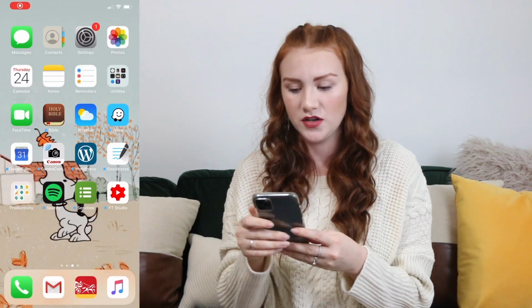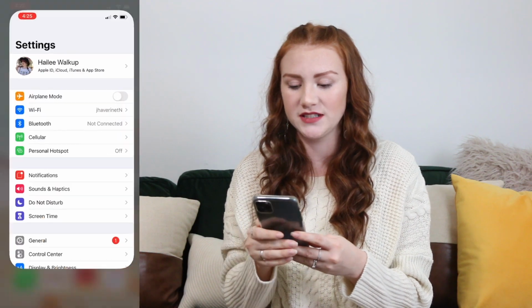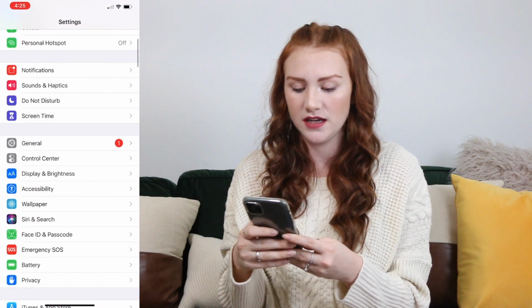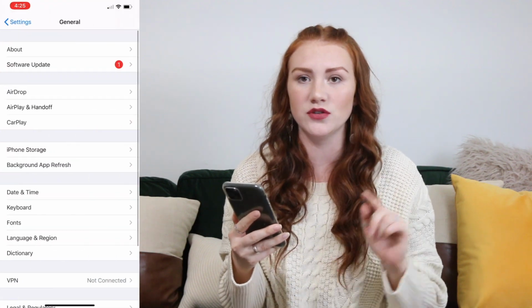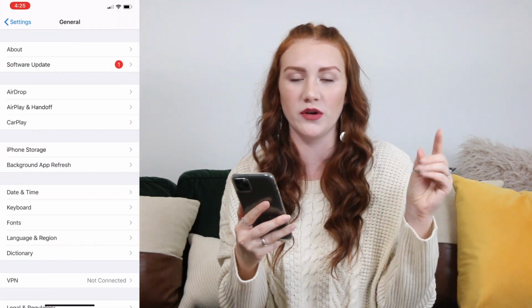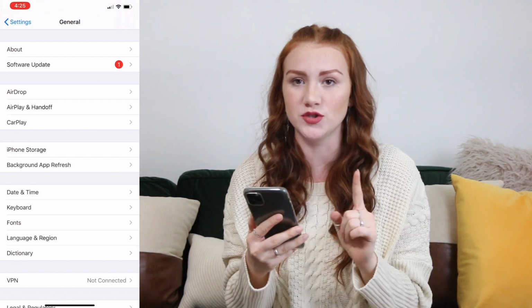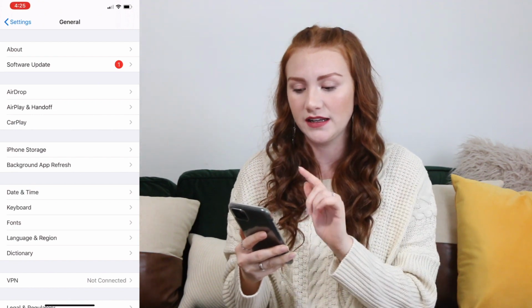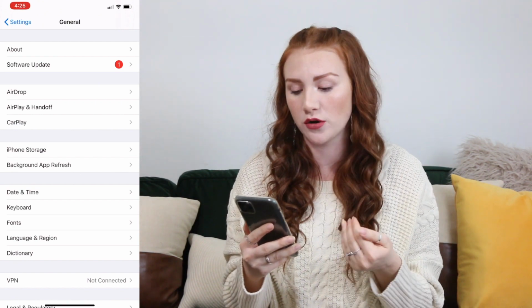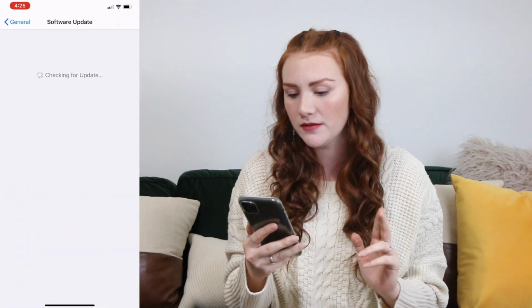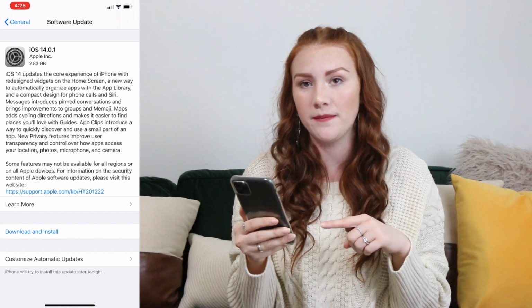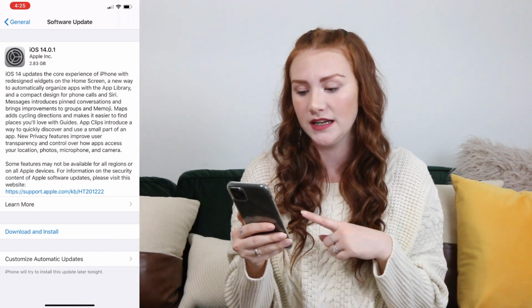If you haven't actually updated your phone yet, you want to go into your settings. Then you'll see this little cog that says General, and you're just going to click on that. Usually it'll have a round circle with a white 1 inside of it, which means you do need the update. So go ahead and click on that, and once you're in the General menu, click on Software Update. It's going to say checking for update. It might take a minute. Okay, so it should pop up. It might take a second like mine did, but it should say iOS